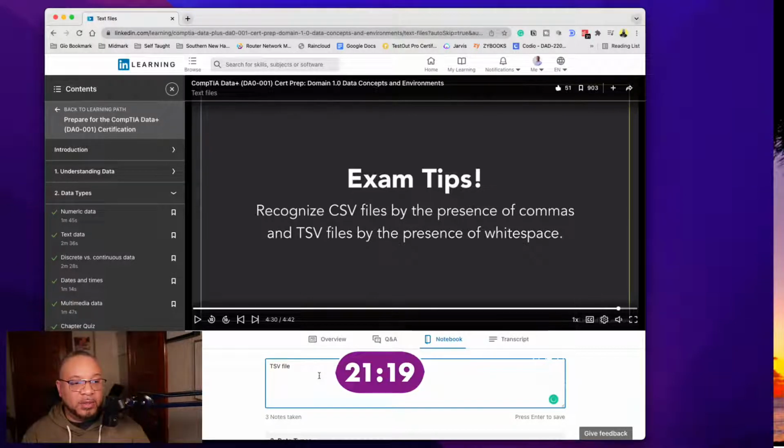TSV files have data points separated by white space.